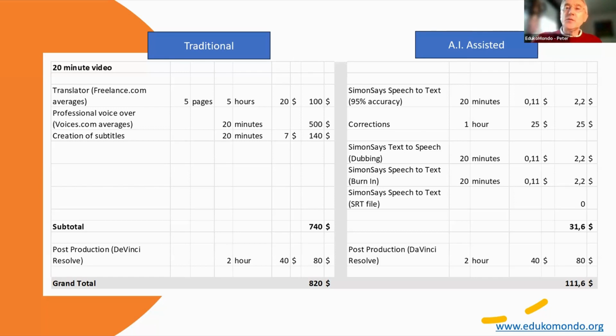If you compare that with the artificial intelligence, you're not talking about pages. You just look at the total length of your video, 20 minutes. The corrections, I've taken 1 hour. And then all the rest, as you can see, it's very, very cost efficient to do. So it's actually almost a comparison 1 to 10 if you take it very broadly,